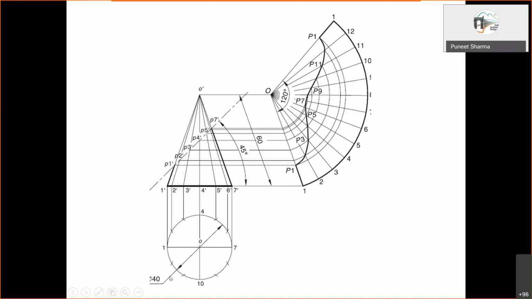Here as such, skipping is not needed, right? So I would recommend you write all of this: 1, 2, 3, 4, 5, 6, 7, 8, 12. If it is becoming too crowded, you may skip something, but here there is enough space, so please mention all the names. That is what I would suggest.